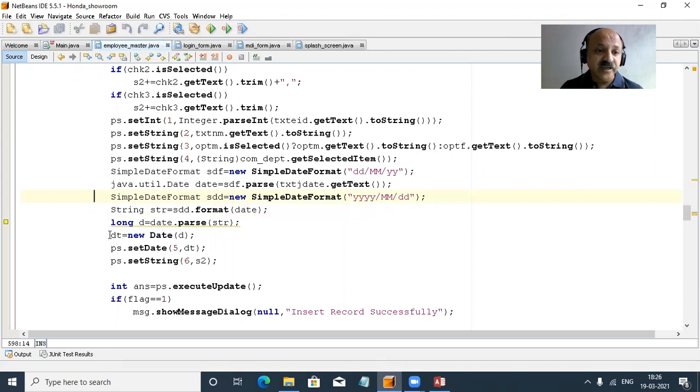And then again we convert into the date, and then we use the set date method. So that is 1, 2, 3, 4, 5, 6 and 7-line coding